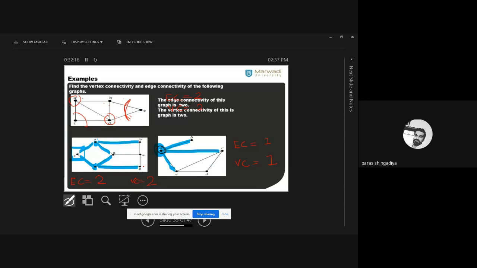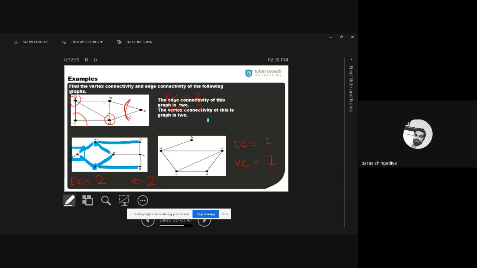Is there any confusion to anyone? Please ask. Okay. We'll discuss it here. Sir, can't we remove C? Let's check for C also. When you delete C, this edge also will be deleted, this edge also will be deleted, and this edge also will be deleted. Now observe the remaining part of the graph. Yes, it is still connected: A, B, E and D. Okay, so for C it is not possible.